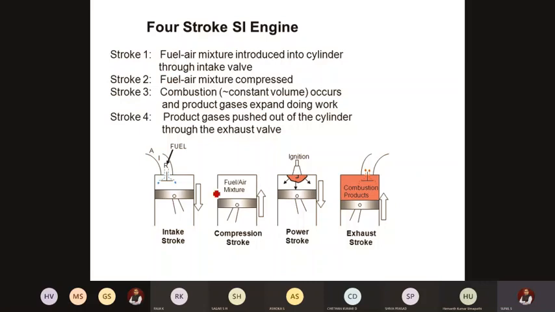Okay. Stroke 2 will be compression. Stroke 3: at the end of stroke 2, fire will be given, ignition will be given, so that it is called the power stroke. This is the important part where we get power output because of the burning of fuel. Okay, stroke 4: product gases are pushed out of the cylinder via the outlet port. Okay, so please make a rough sketch of it. I'll just give you 1 minute. So this is regarding the working of a petrol engine. Please take it down.